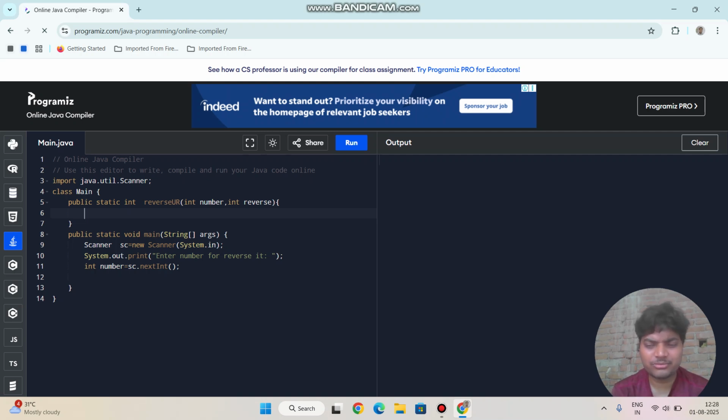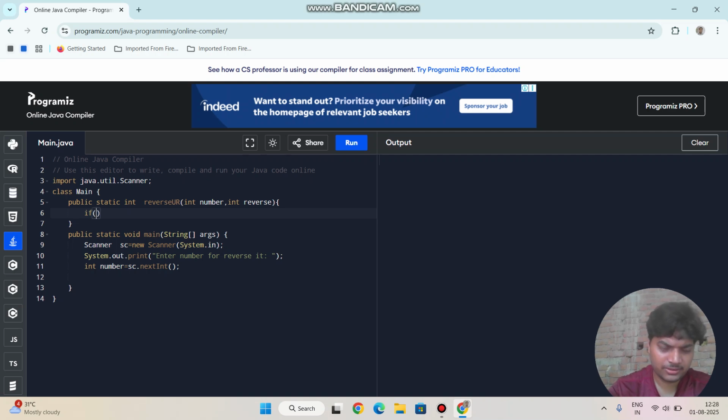So what is the base case of the reverse of the number? If I get 0, then it will return directly 0, 1 then 1. I'm going to write that.